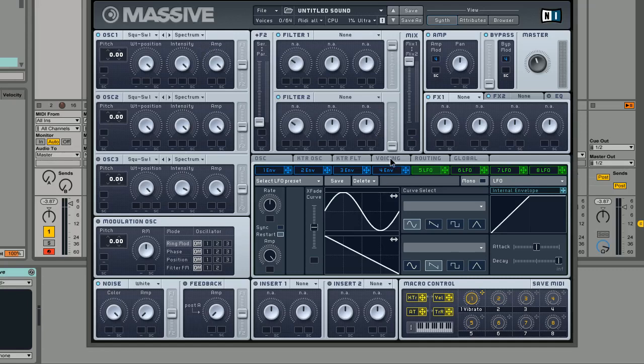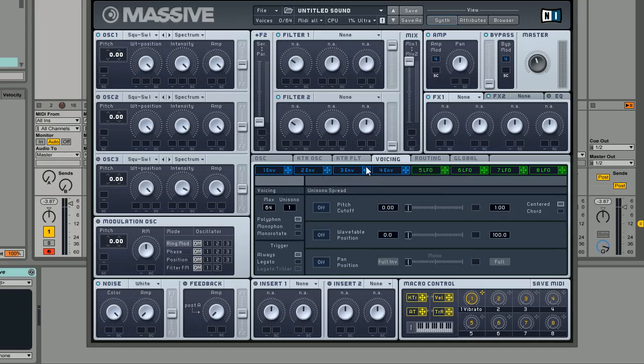So the first thing we're going to do is go into the voicing tab here and make sure that our unison is set to 7 and that the voicing is set to polyphonic. This is essentially just so that we can play more than one note at the same time, which obviously you need to be able to do for key sounds. And we've also got unison set to 7 so that each oscillator is outputting 7 different voices every time a